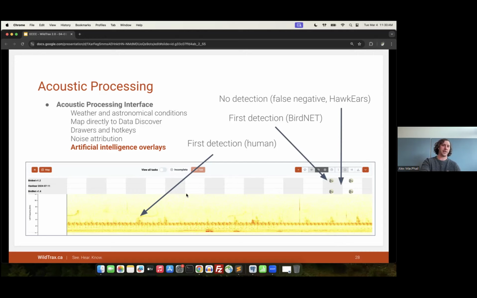But if you're looking for time of first detection, it's going to be a little bit earlier in these recordings. So depending on the questions you want to ask will depend on how you want to use the AI overlays in this case. And you can see here's a great example of how the noise panel will work out, where we have the intensity of sounds a little bit stronger on the traffic side of things and industrial noise side of things, and a little bit weaker in the other categories that are available here.